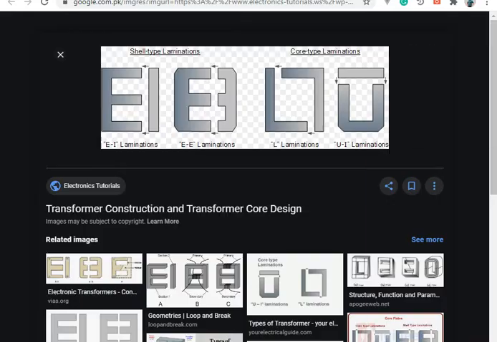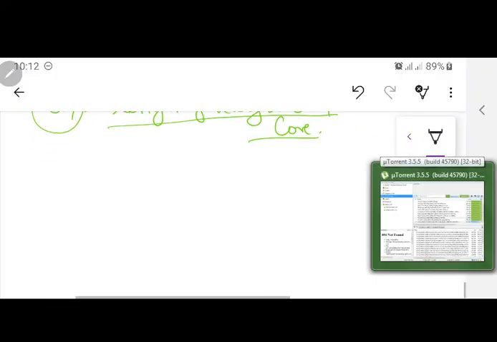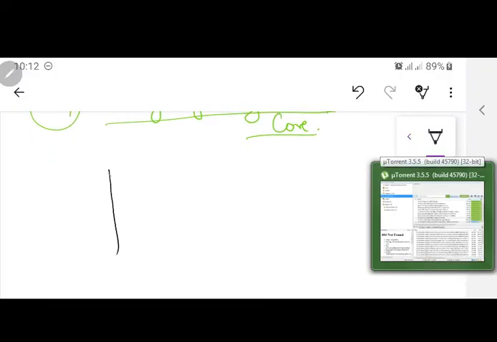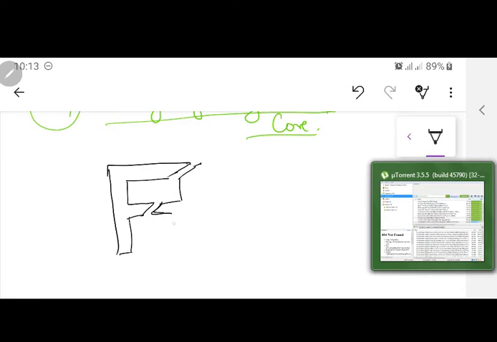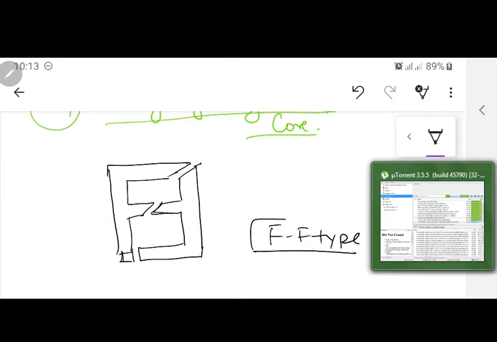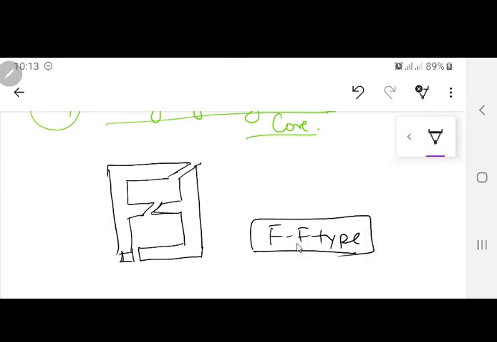There is also another lamination form which can be made by an F1. So that F1, if you remember, so this is the F1. This is called the FF type laminations over here. So different shapes you can cut from any different shape, so you can call it FF or whatever. This can be done over here. Any questions with this?